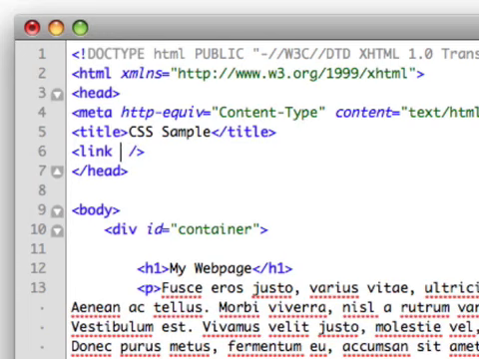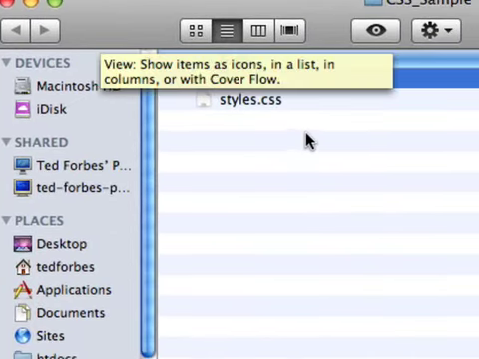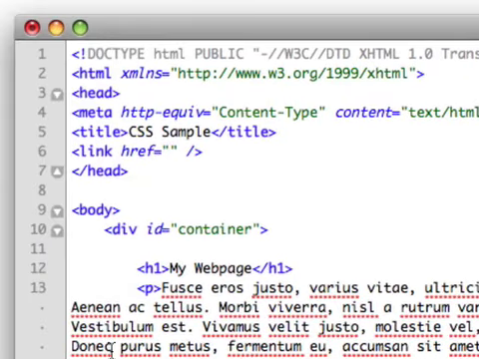Now, we're going to need three attributes that go in here that give directions as to what we're linking to. The first one is going to be href, H-R-E-F, and that's simply the location of the document. So I'm going to say href equals, it's not only the location, it's also the title. So if we go back to the directory, you can see here that it's in the same directory and it's going to be just this document styles.css. So let's go back to the HTML. So my href is simply